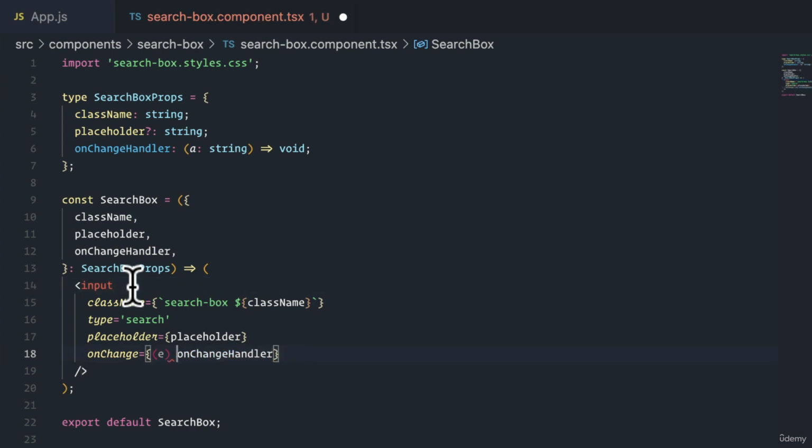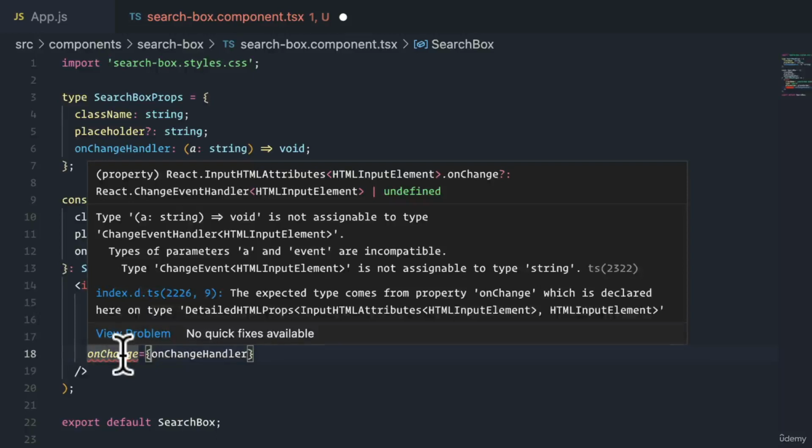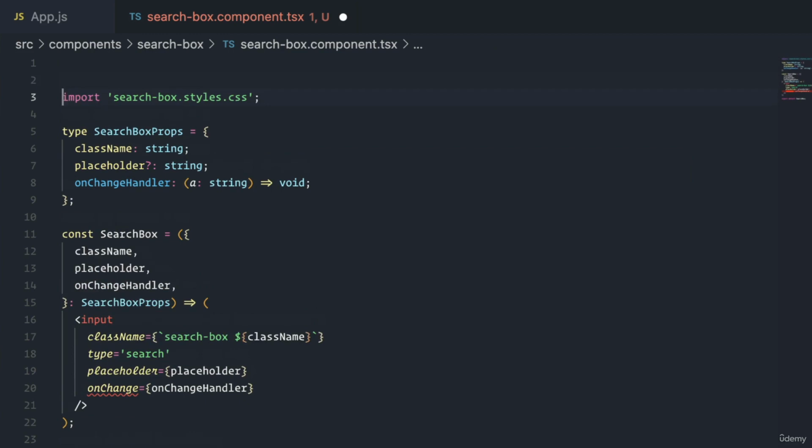In this particular case, if you switch back to this version, you'll notice that onChange gives you an error. It says that our type of this function, so you see type a string, fat arrow void, is not assignable to type ChangeEventHandler HTMLInputElement. ChangeEventHandler is actually a functional type definition that we get from React. So here we can import this in from React. And it's called, if we highlight over it again,